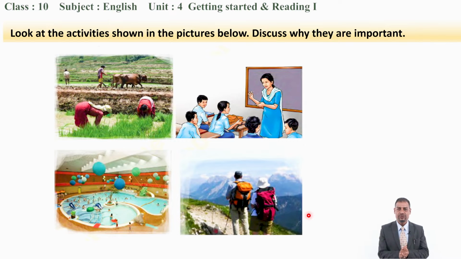So, it means, dear students, the first 2 pictures are related to work. Yes, you are right. See, people are busy in their own work. And in the third and fourth pictures, you can see they are doing some activities in their free time. Have you got the idea? Yes. In our life also, we have to be busy. We have to involve ourselves in our work. And whenever we have free time, that is what we call leisure. And then we do some different activities. Is it clear to you?